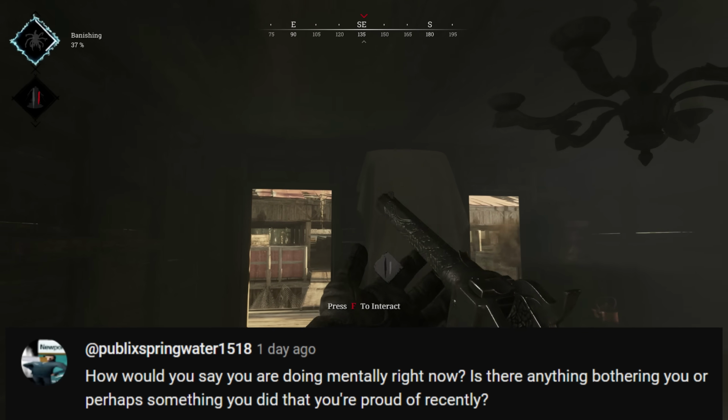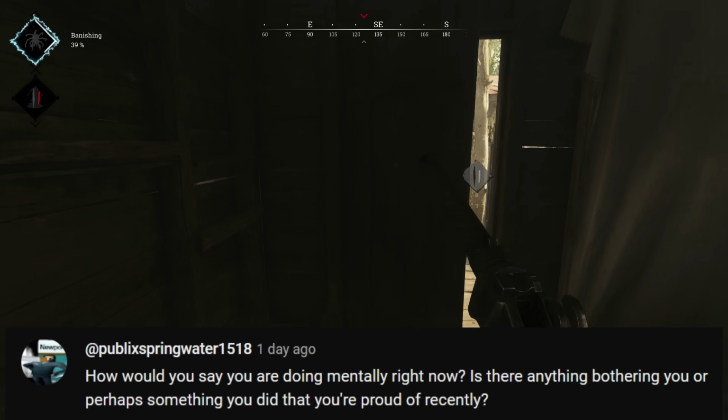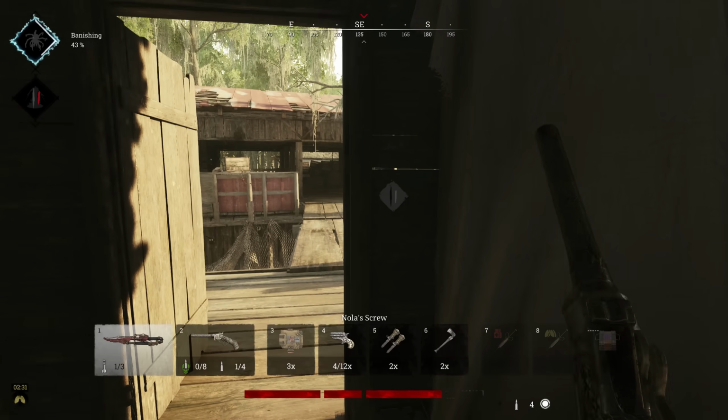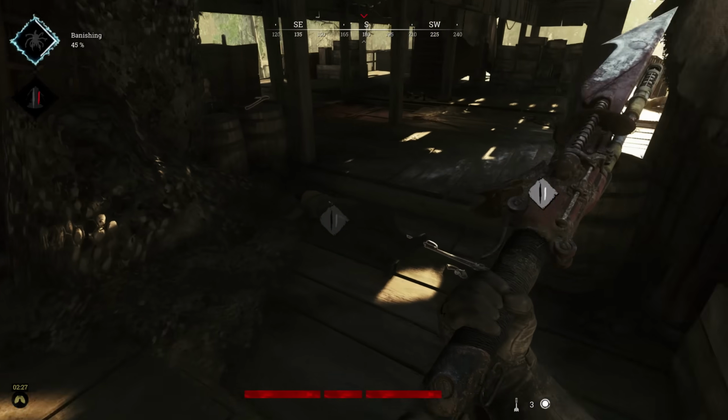The next question comes from Public Spring Water. How would you say you are doing mentally right now? Is there anything bothering you, or perhaps something you did that you're proud of recently? Yeah, we have some stuff to chat about this month. That'll be like a different video. But as for mental health,